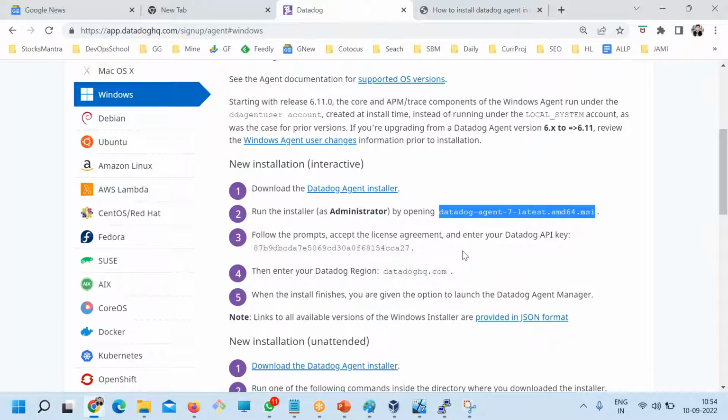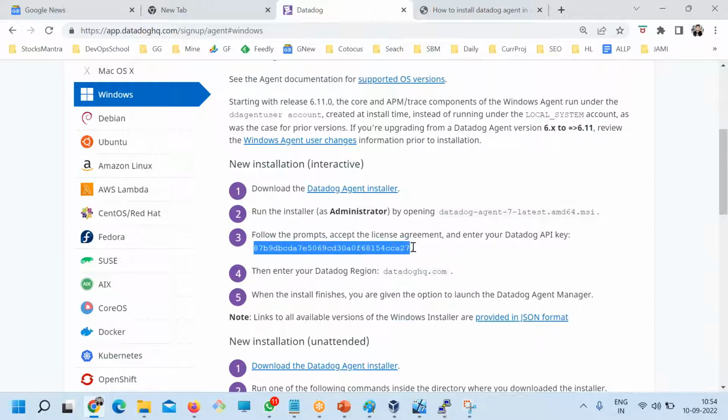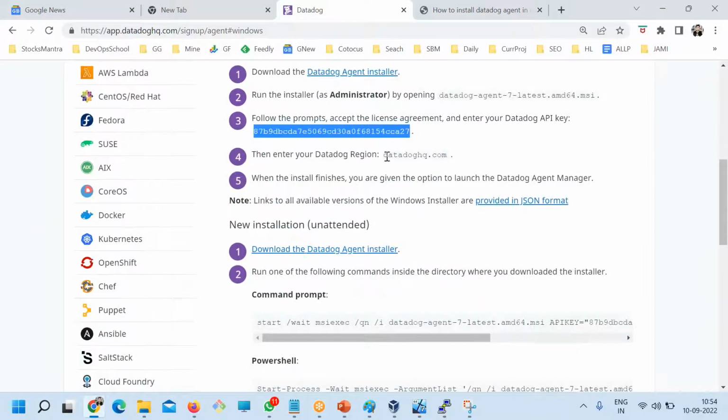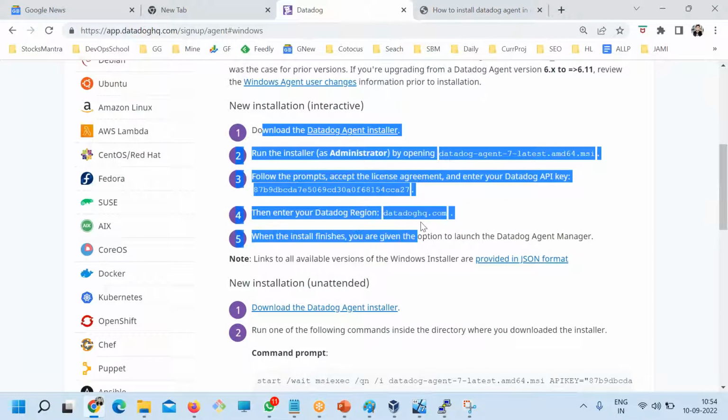How to install an MSI, I don't think I have to teach you, correct? Right, all of you? Yeah, so it will prompt you for the license key. This is the API key you have to give, and the Datadog region, whichever region, and done. Installation is done. Only these three.